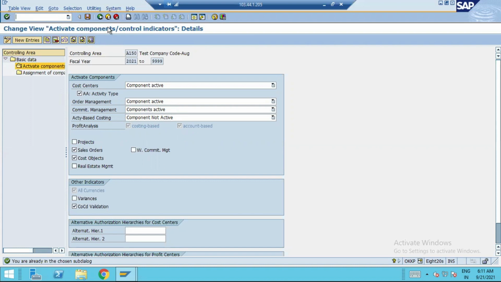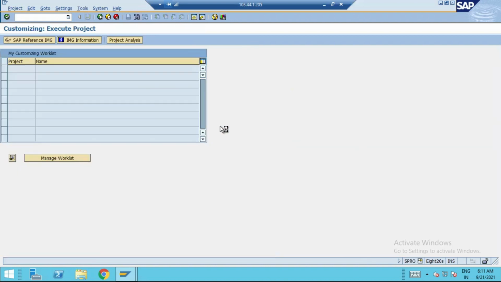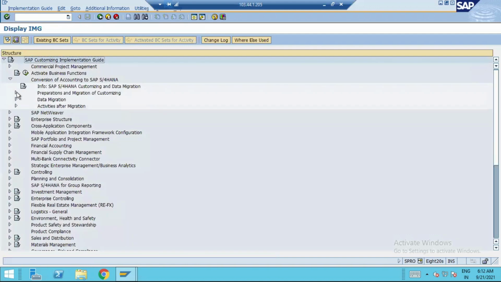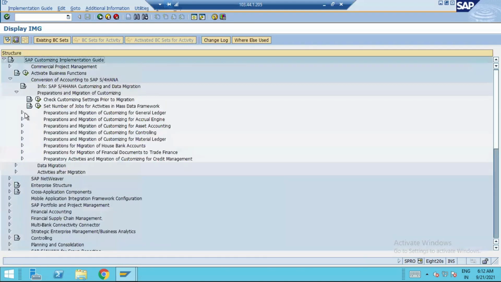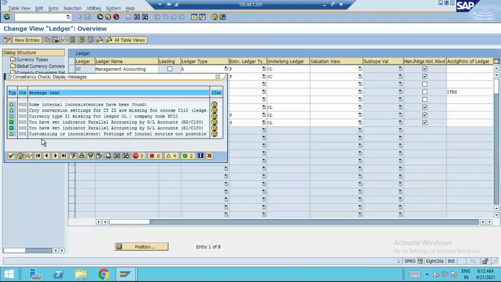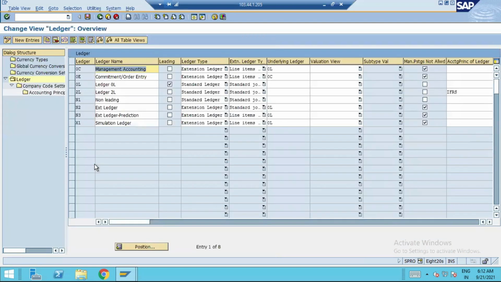Then create one extension ledger, which we are going to declare as our prediction ledger, because every accounting document in S4 needs one ledger. So you need to create one extension ledger. I have one extension ledger that I'm going to use in 3, but you need to create one extension ledger, and make sure that